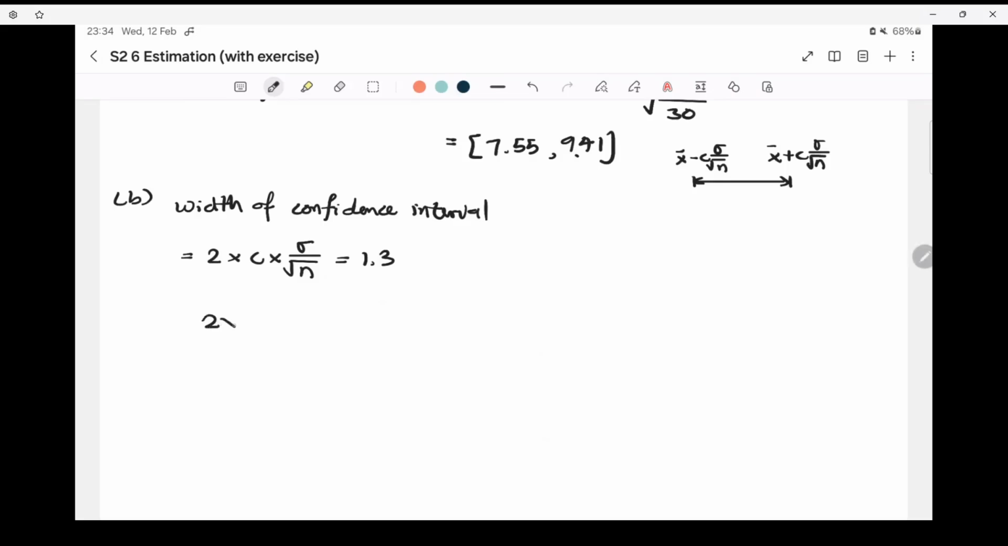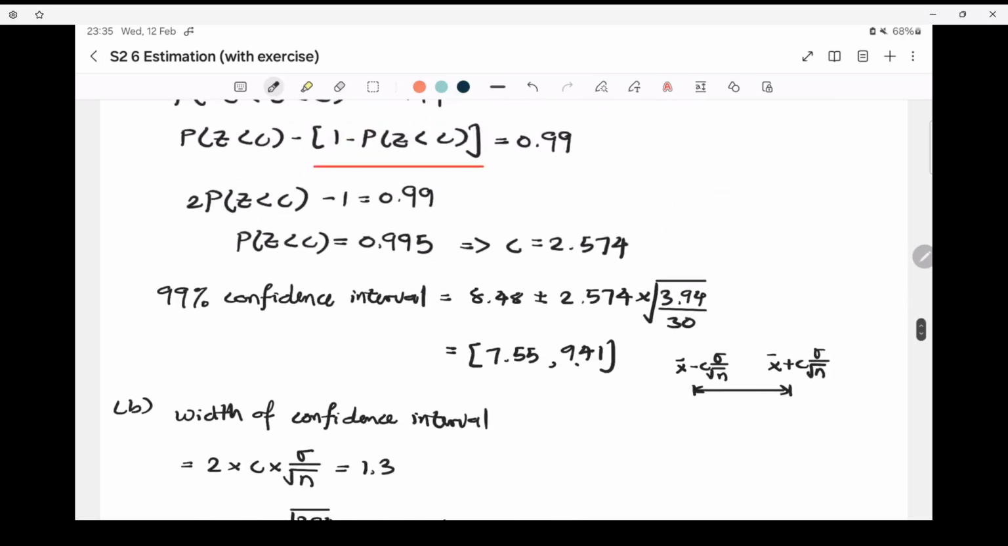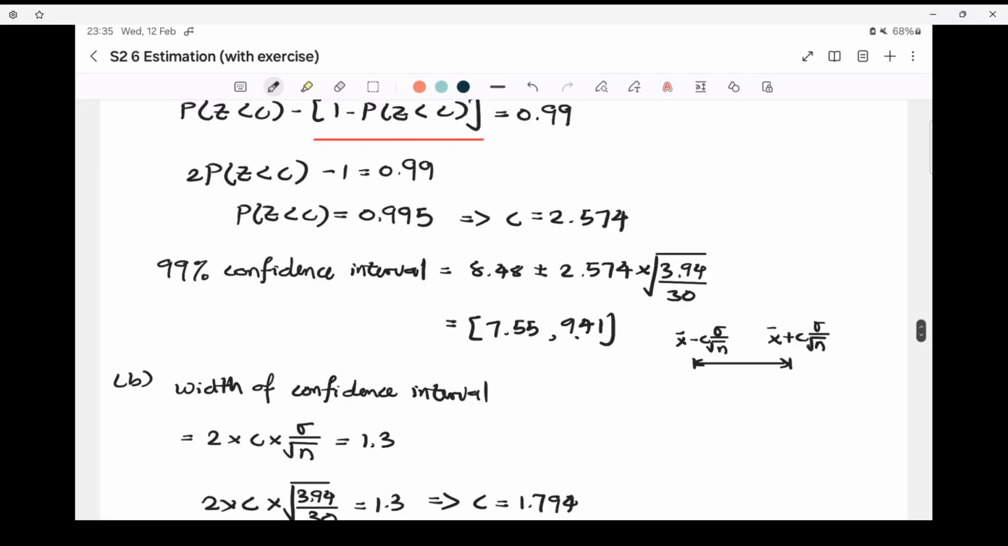So 2 times C is the one that you need to calculate because C is related to the confidence interval. And then you have a bigger square root, 3.94 divided by 30 equals to 1.3. If you calculate this thing out, C is 1.794. So from our previous calculation,